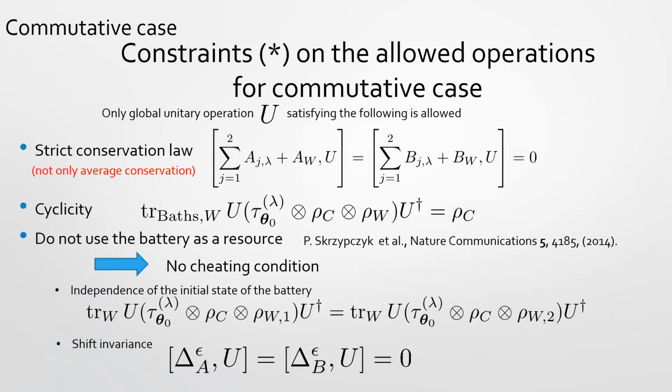Now we are considering how to construct our process. Now I explained that it is enough to construct a unitary before measurement. So we construct the unitary in this way. Firstly, we have a conservation law. The conservation law is written in this way. This one should commute. And cyclicity should be this one.